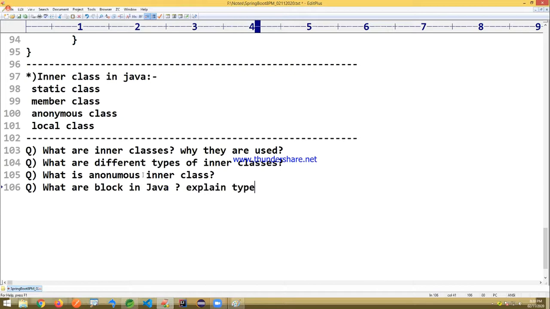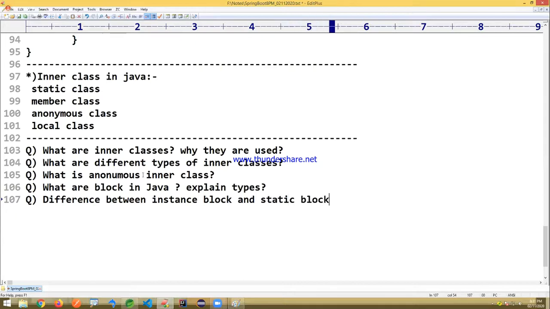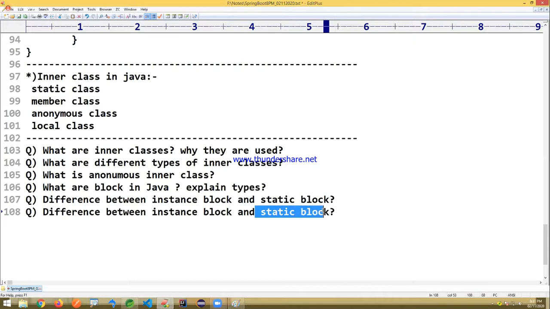Explain the types. Difference between instance block and static block. Difference between instance block and constructor. Try to find out all these core Java questions.